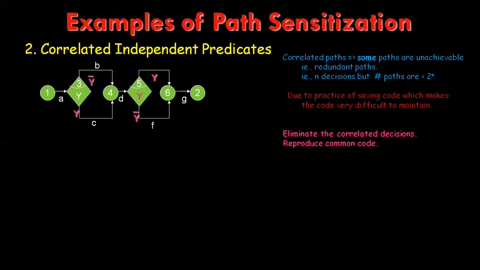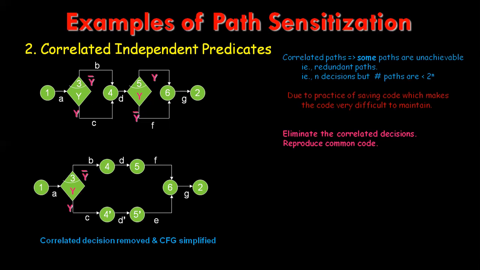Now if we take this, the flow graph can be replaced with the one above. We can replace the same thing with this particular figure, in which we have to reproduce the common code, or alternatively we can embed the common link D code into a subroutine. So this D, we have embedded into the subroutine.